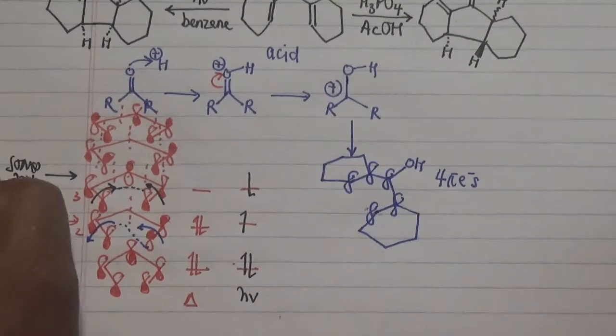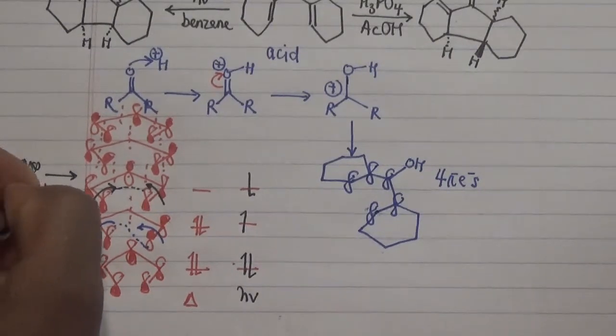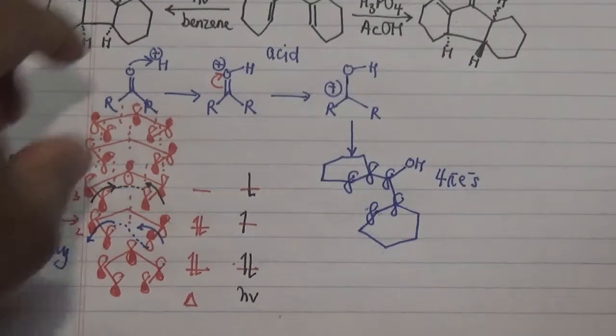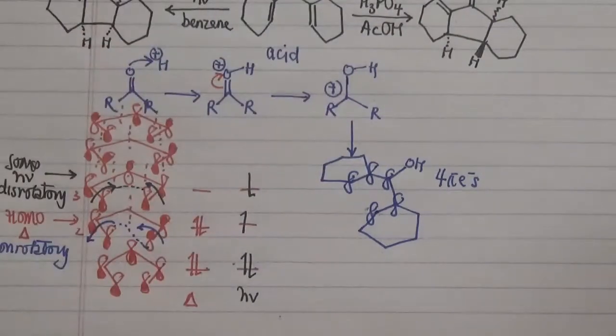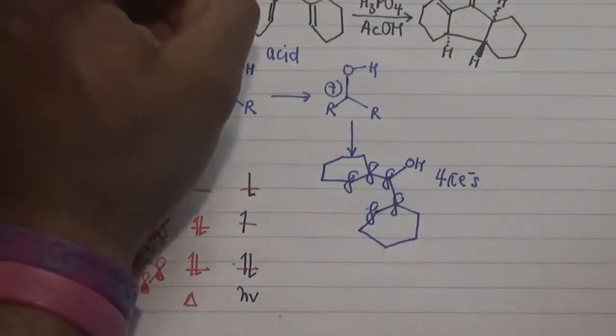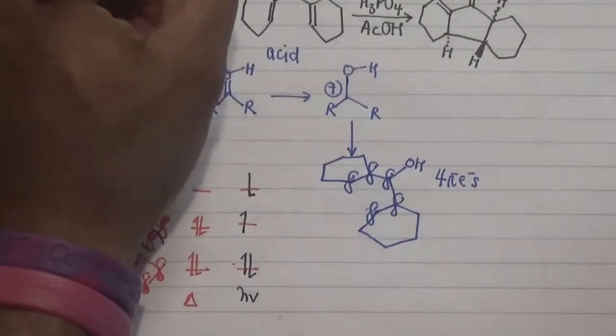So this will be a disrotatory, while in the other case it is a conrotatory. Now, how does this apply to our initial question? Where is the photon here? The photon is in here, thereby this is actually a disrotatory